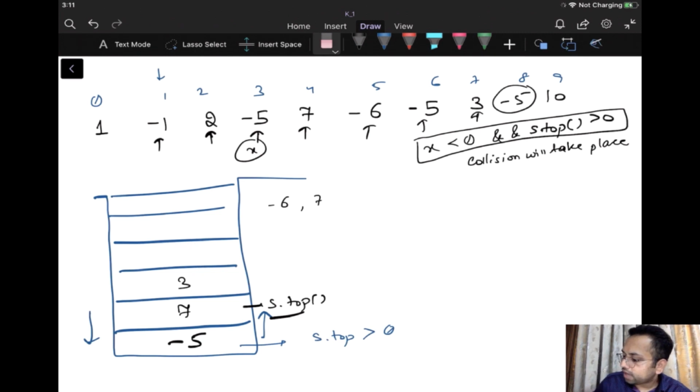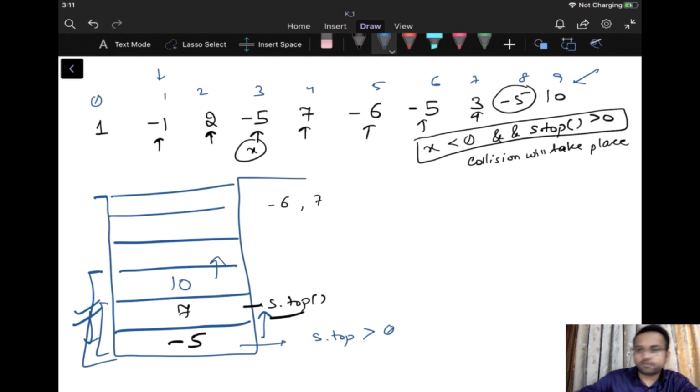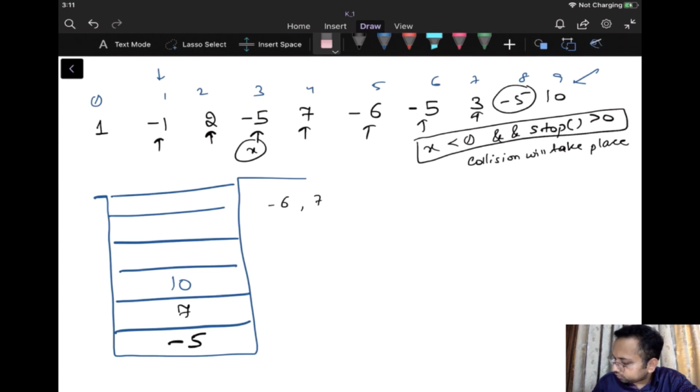So what we need to do, we have removed this 3 from the picture and we will consider the collision of the next two arrows as well, which is minus 5 and 7. So minus 5 and 7, which arrow will be removed? Minus 5. So this is the final state of the stack. So next is 10. So yeah, 10 is going upwards. So that's fine. So these arrows will remain when we have considered all the arrows that were thrown, right? So let us see how we can code this particular algorithm.